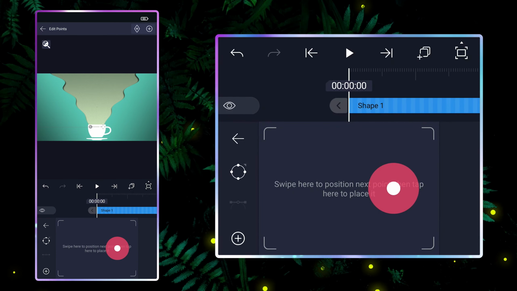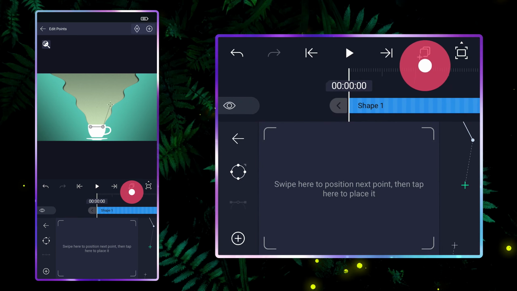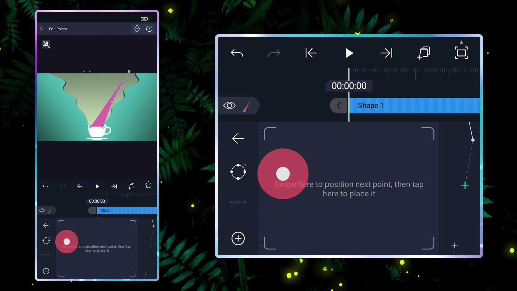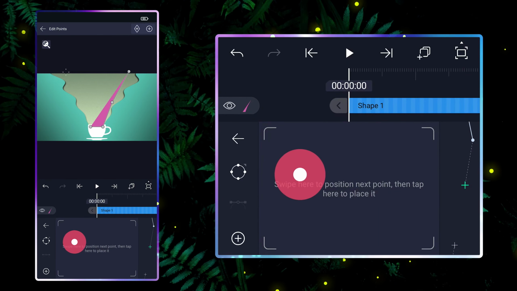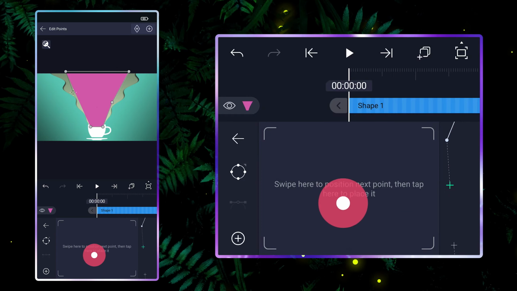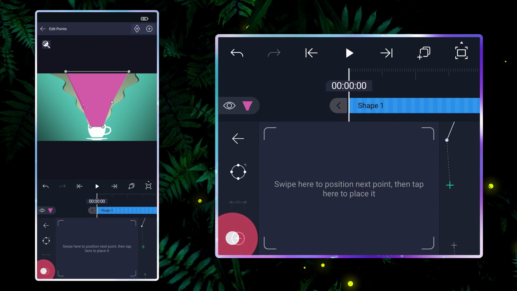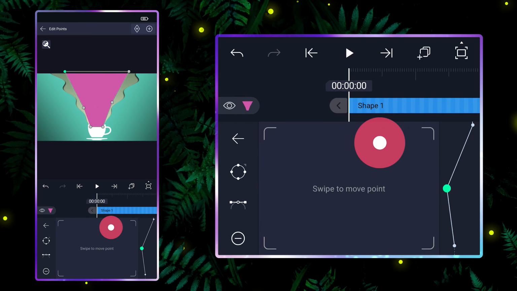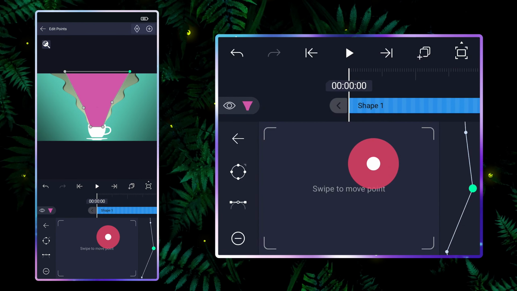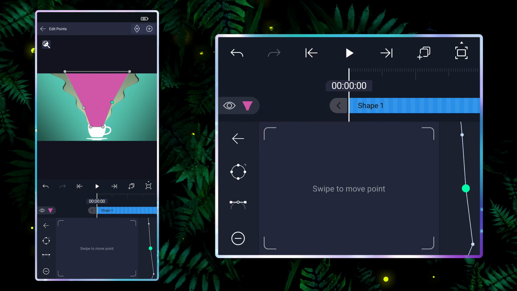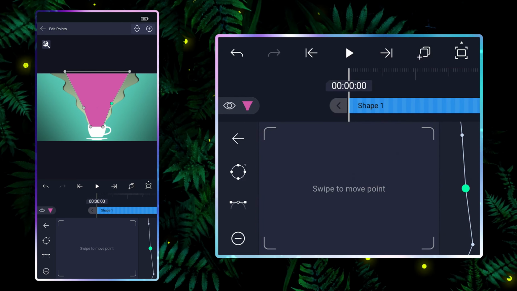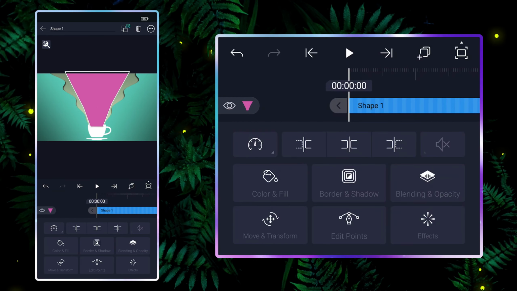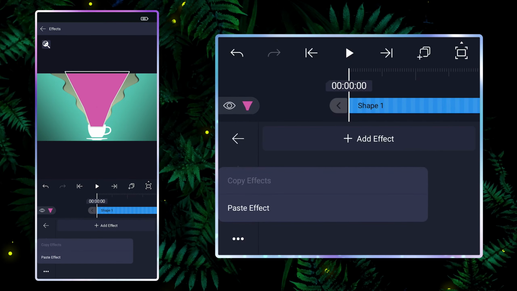This will be another wave layer. Paste the wave warp effect to it and adjust the value.